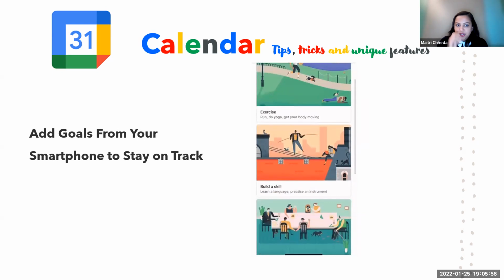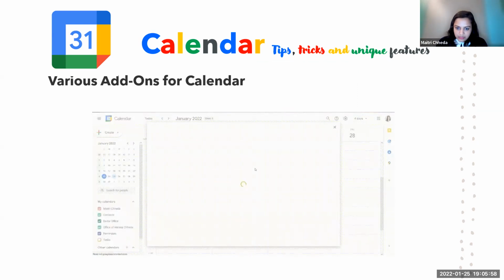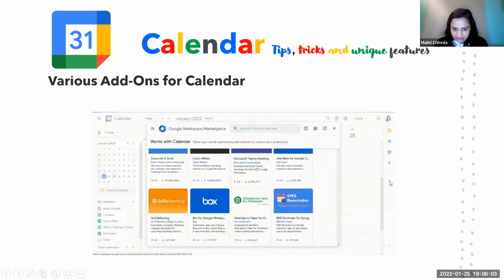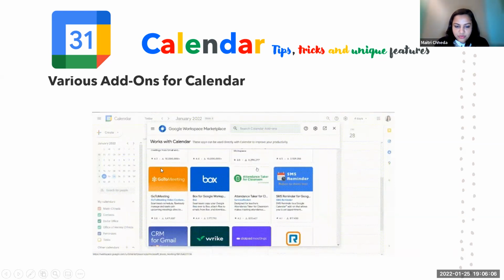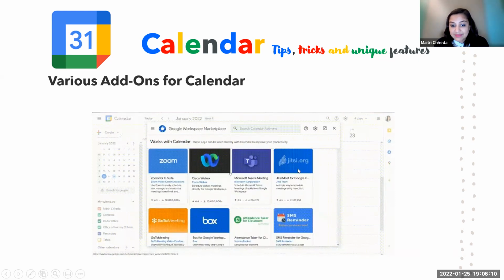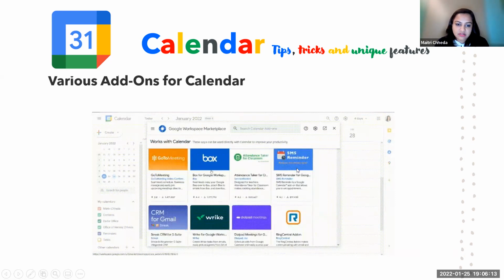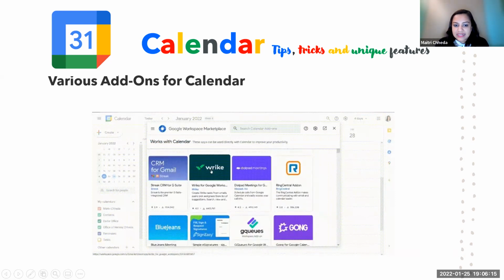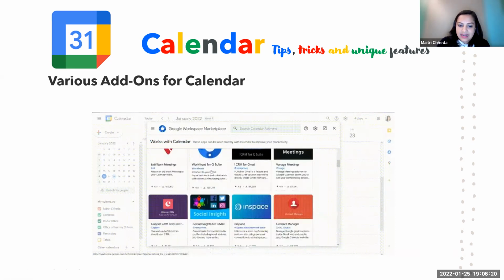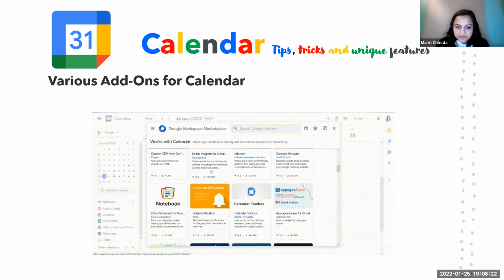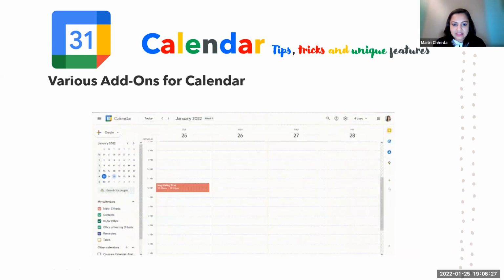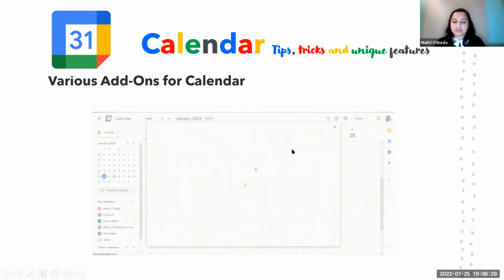Okay, now other add-ons, you've got various add-ons for calendar. You just click on this plus sign. Even in Gmail it works similarly. You have Zoom, you've got GoToMeeting, you've got SMS reminder. All of these are of course paid versions, as in for the add-ons, at least you have to have a subscription to these add-ons. But these add-ons work perfectly well with your calendar, and you can create a lot of seamless integrations with these add-ons.